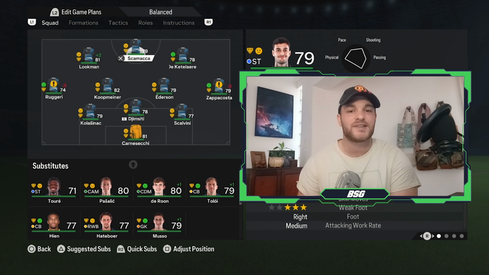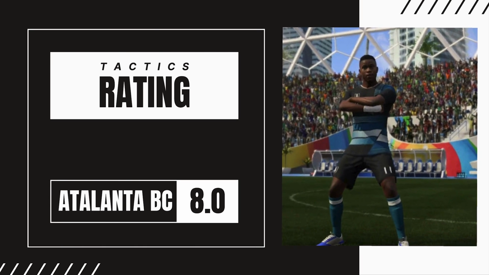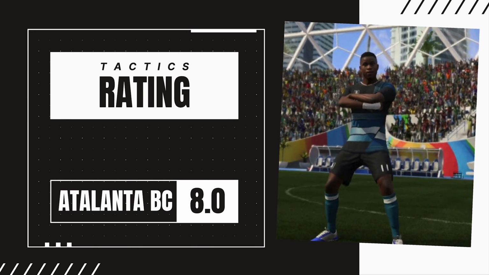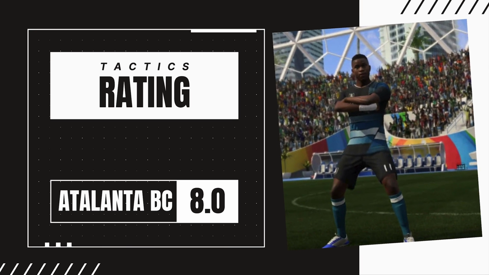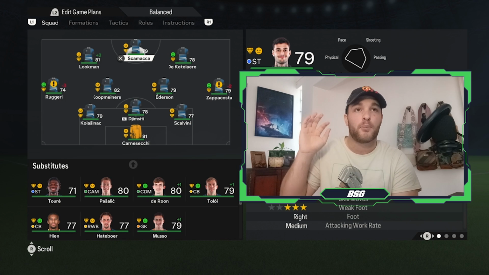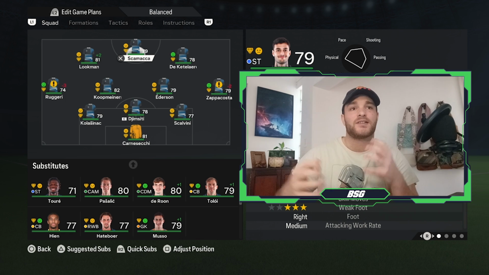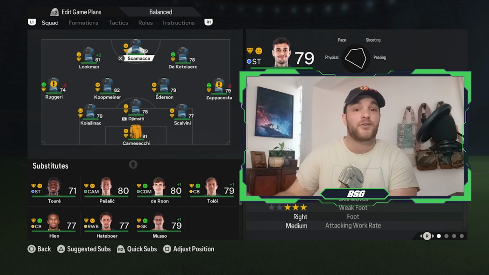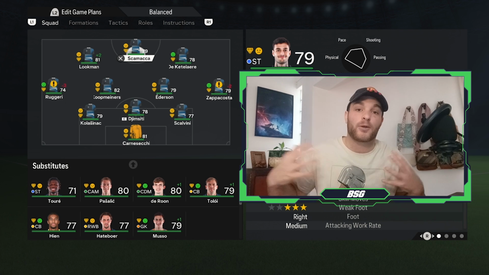Anyways, in terms of the rating of this system, I would give it a solid 8. I think it's a great rating in terms of reflecting the overall gameplay of this side. Sometimes the attack does tend to fizzle out, with Scamacca tending to drop a bit deeper at times, but the defensive setup, the ability for your double pivot to press nice and high up the field, get into those more offensive opportunity and zonal areas, as well as your wing backs being a very good outlet in the attack,